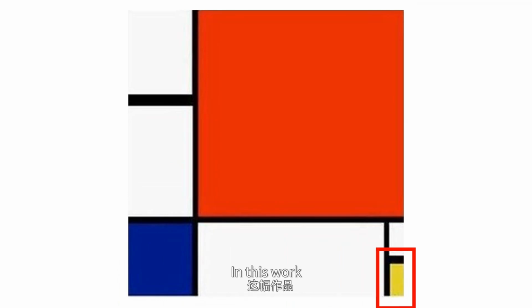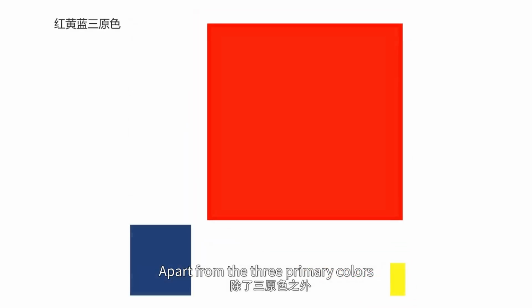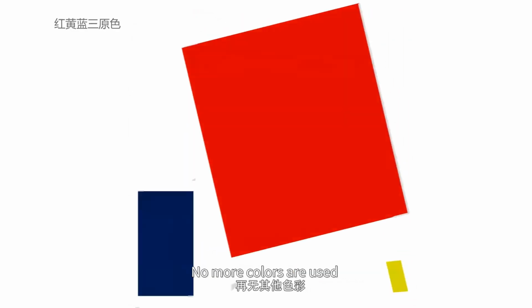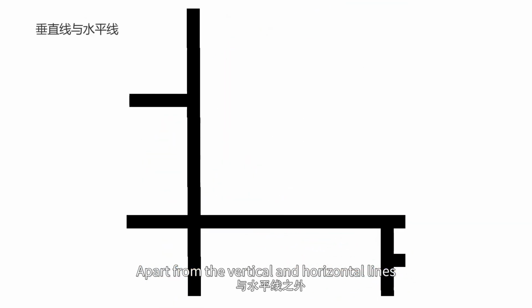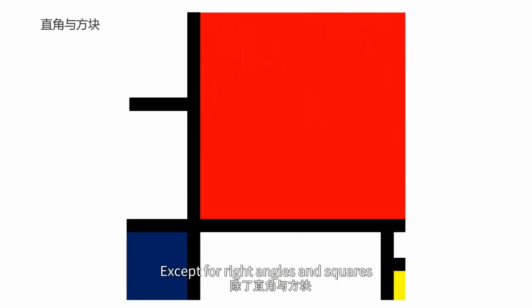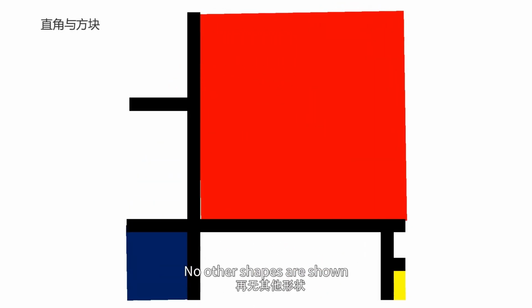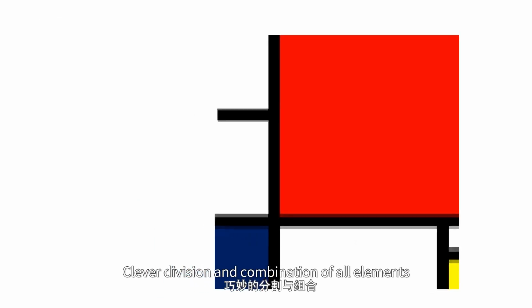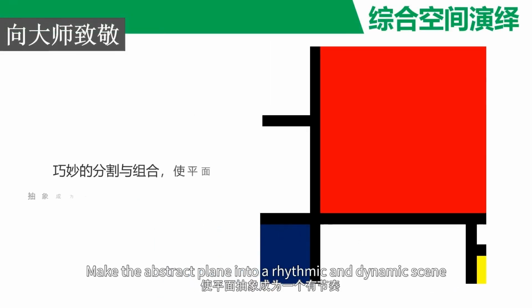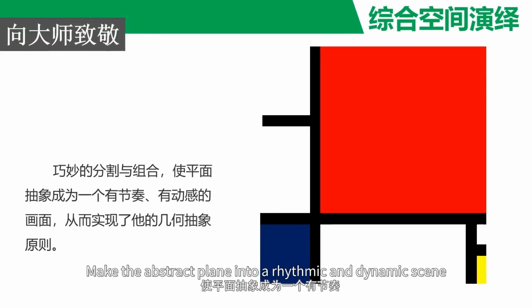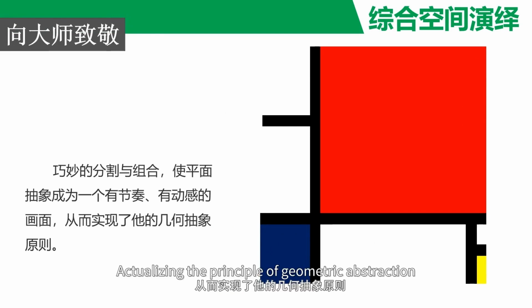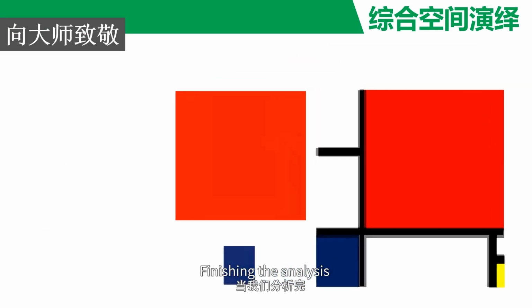In this work, apart from the 3 primary colors, no more colors are used. Apart from the vertical and horizontal lines, no other lines are painted. Except for right angles and squares, no other shapes are shown. Clever division and combination of all elements make the abstract plane into a rhythmic and dynamic scene, actualizing the principle of geometric abstraction. Finishing the analysis,